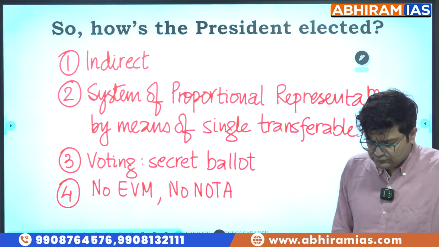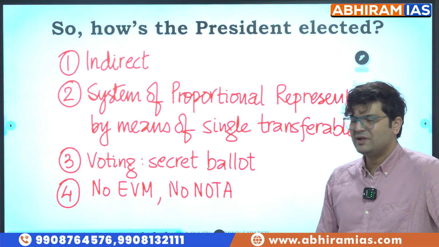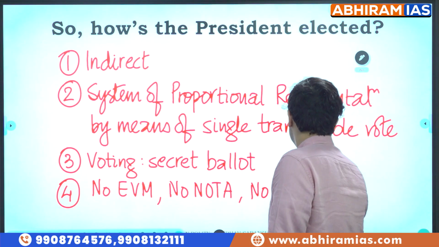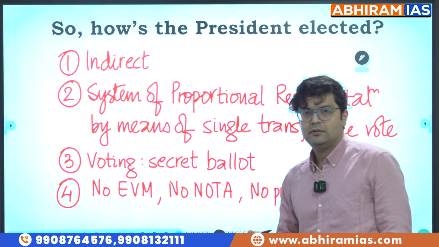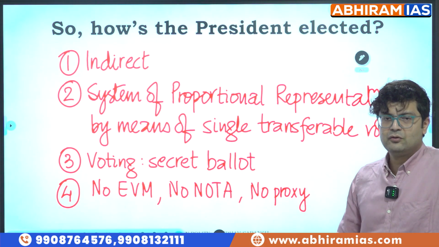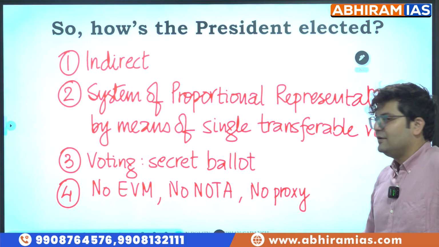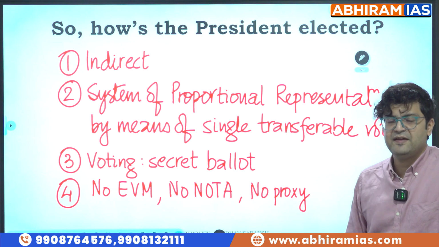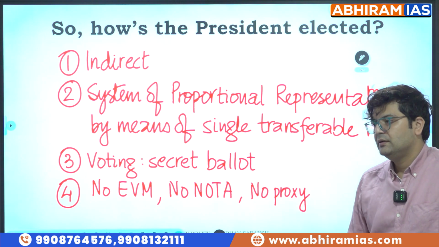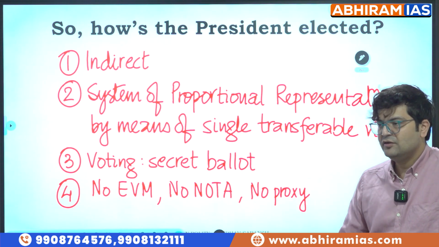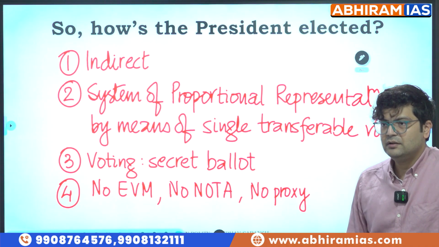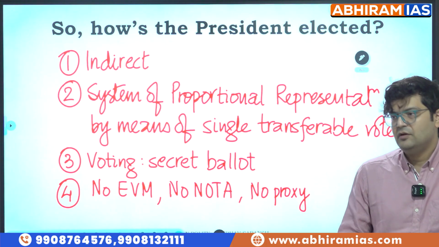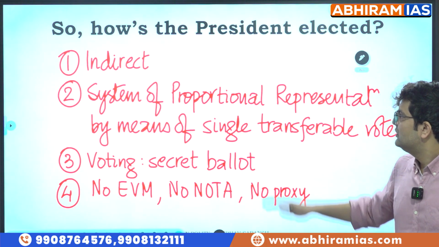So, no EVM, no NOTA. You can also add one more thing: no proxy. You know proxy? Of course you know proxy. In your college days, you tried very hard to get proxy, never successful. So this is the proxy. Meaning, can somebody else go and vote on behalf of an MP if the MP is in a coma? Right? Then what happens? Nothing, his vote is gone. Are you clear? Imagine if you don't go to vote, will the election be cancelled? Of course not, nobody cares. So this is the situation.